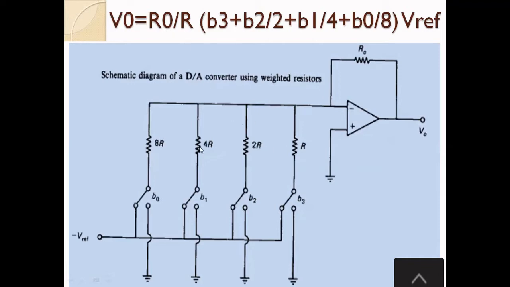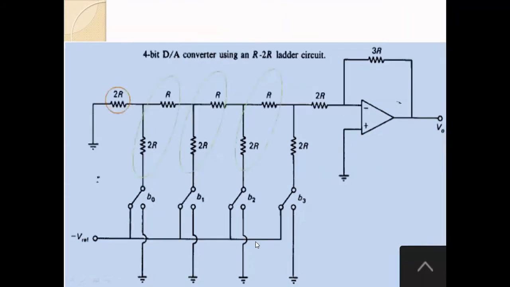R is in the circuit. These two should be the same. Suppose you take R equal to 5 ohm, then the feedback resistor is also 5 ohms. 5 divided by 5 is 1. Next one is the reference voltage. You can use 5 volt or we can use 10 volt. Next is V3 by 2 plus V2 by 4 plus V1 by 8 plus V0 by 16. I will explain with values at the end. This is the formula for converting the digital value into an analog value.